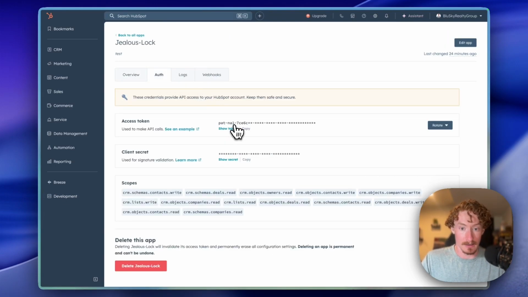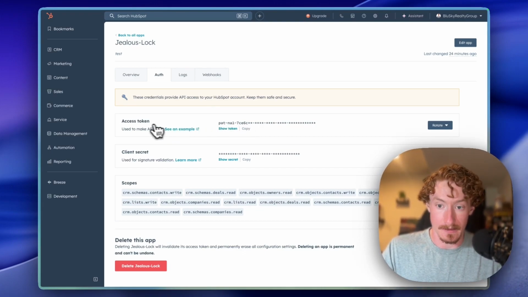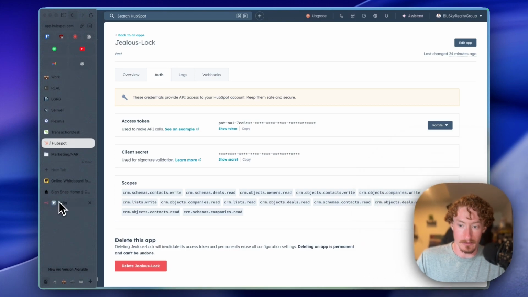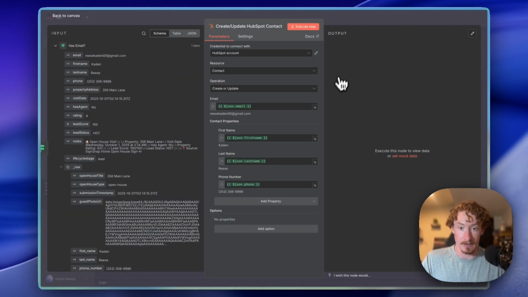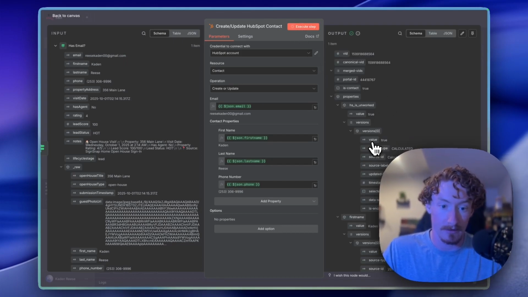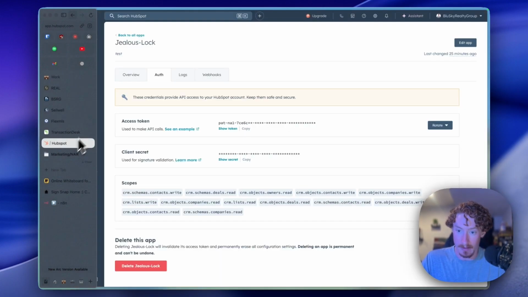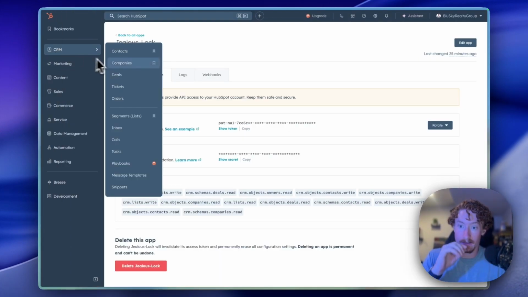And you're going to get this app token. You're just going to show it, copy it, come back in n8n here, and then you're going to paste it there, save it, and it's going to connect properly. So once that is done, you are going to create this execute step, and it's going to load here. Boom, success. Now, if we go back to my HubSpot and go to the CRM and my contacts,